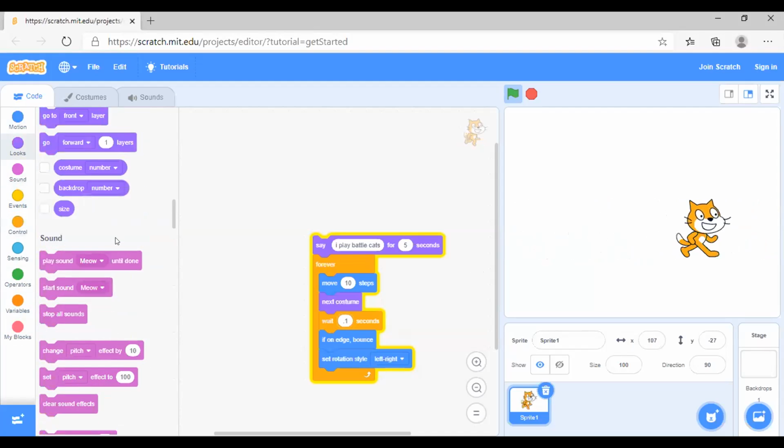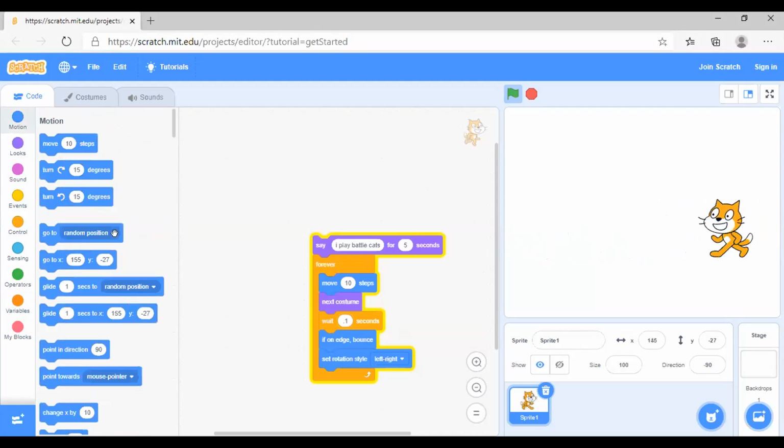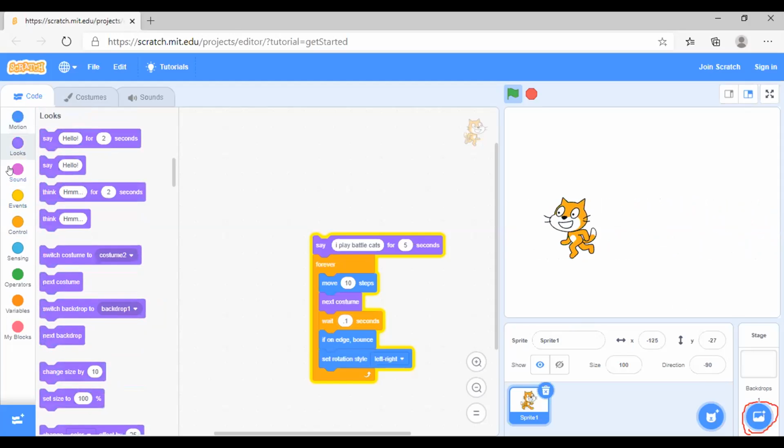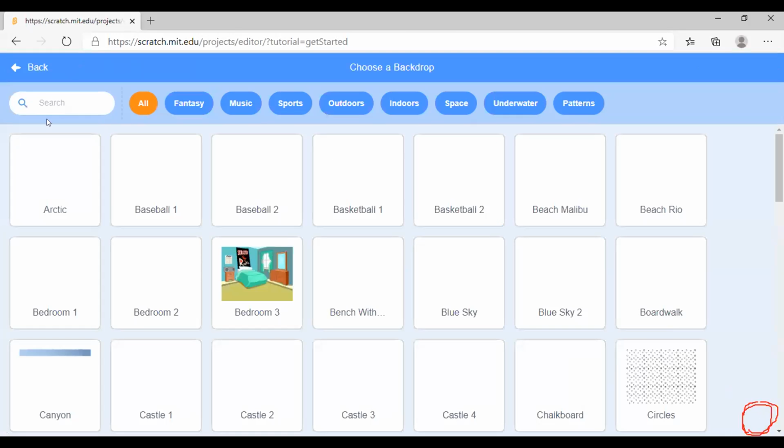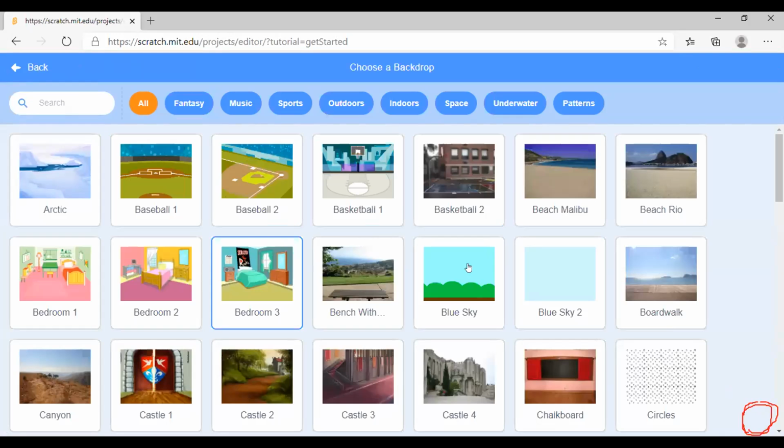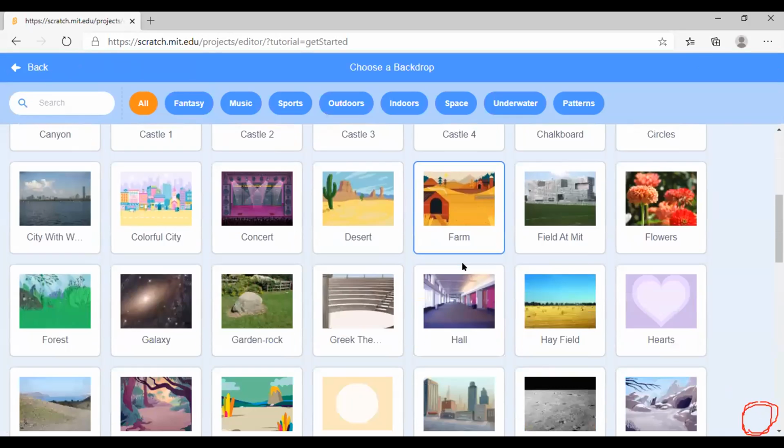Rohan, your cat is walking very smoothly. Very good. You've done wait of 0.1 second, right? Okay, very good. Now what we will do, we will add a backdrop to this particular thing. Now let's go and click on backdrop over here. Where? On the bottom right, you will have a backdrop. Yes. Okay. Let's select jungle or something over here. Just search something which looks like a jungle.